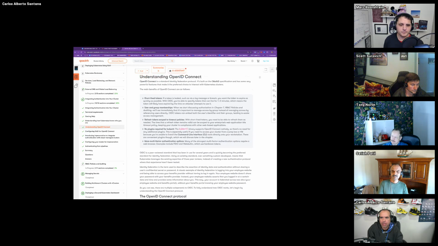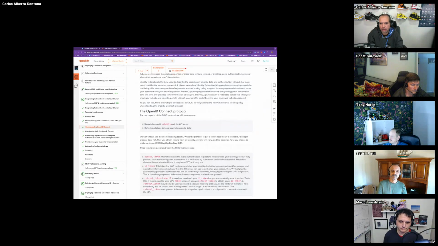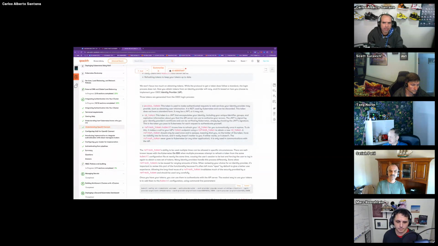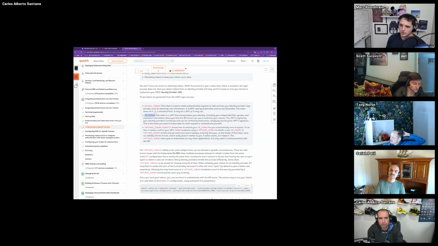Interesting. And then you start explaining OpenID, and I think you did a great job with this. Thank you. Where the access token, and you break this down. The access token is not an API server thing. It's not a Kubernetes thing, right? This is something that you use to get the ID token. Is that correct? So this is the interesting thing about OpenID Connect. Kubernetes and most people do not use it correctly. The ID token is not meant to be used by anybody but the client. You are not supposed to be passing your ID token around as your identifier.